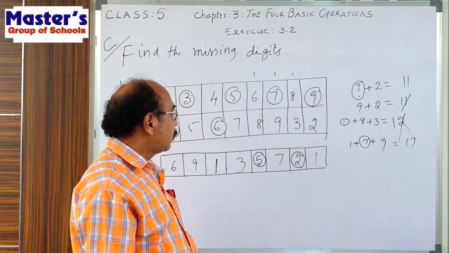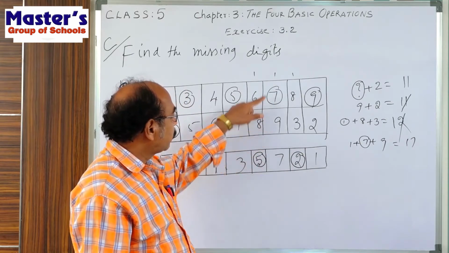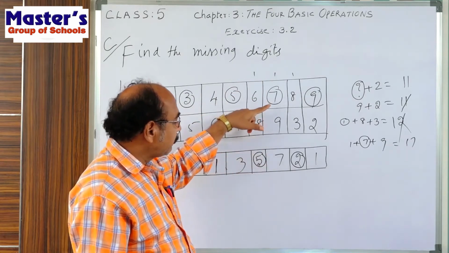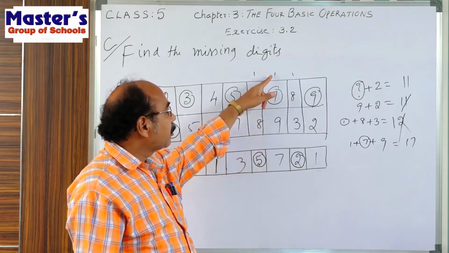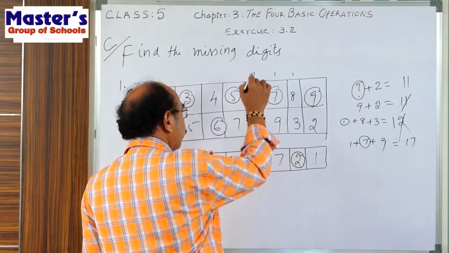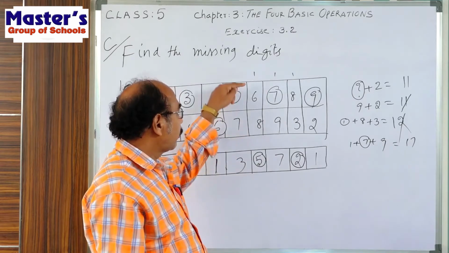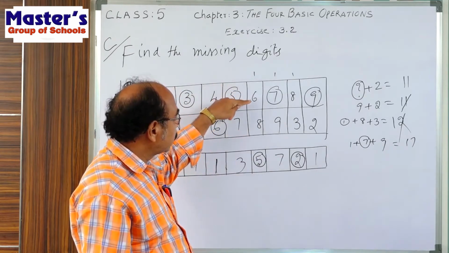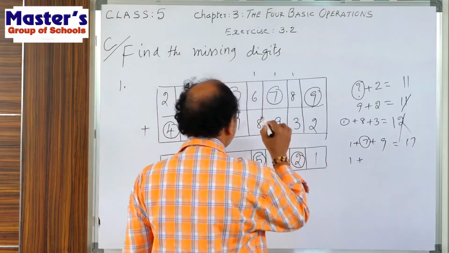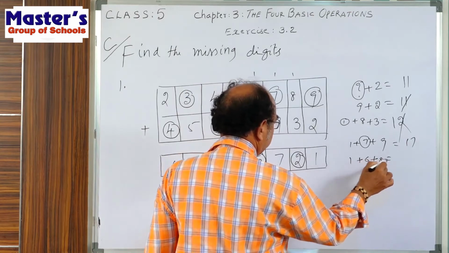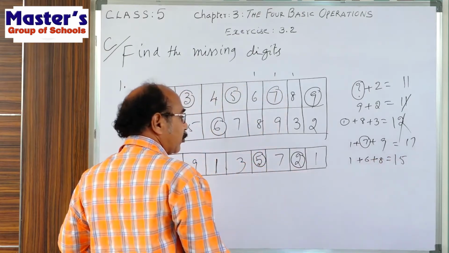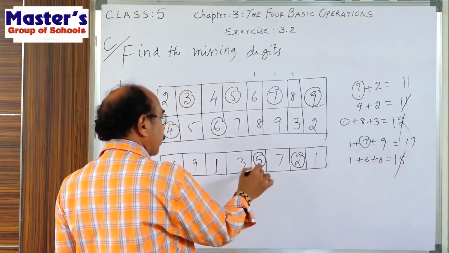Okay children. So like this you write 9 plus 1, 10. Here we have to get 7. That's why what is to be taken here? 7 is to be taken. Then 9 plus 1, 10. 10 plus 7, 17. In 17 we strike off 7. We write here and 1 we write here. Now add 1 plus 6, 7. 7 plus 8, 15. See children? 1 plus 6 plus 8. So strike off 5. Here we write 5.